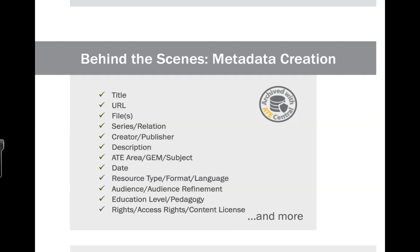Is it for educators or learners? And sometimes we might add an audience refinement. So some of the materials in the AT Central Resource Portal are created for a particular subset of people. We have projects, for example, that work on women in STEM. So we might highlight the fact that these materials are made specifically for programs focusing on female students in the metadata as well. We identify what education level we believe the material to be appropriate for, any type of